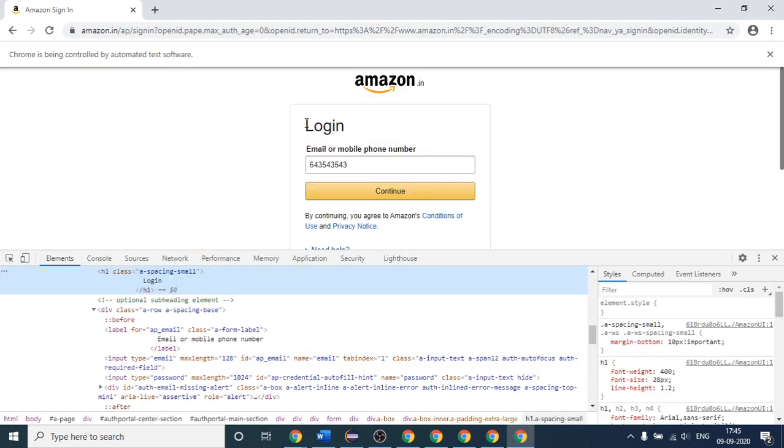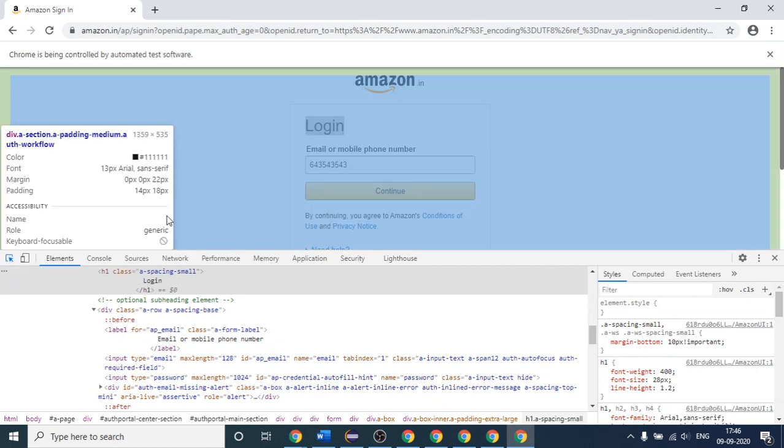See, this is the text. Earlier we saw on one website, W3Schools I think, that we extracted the login text with the help of getText, which works fine. Here, getText gives us this login text.